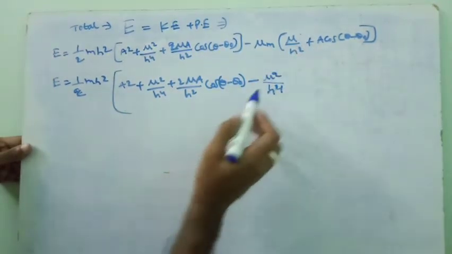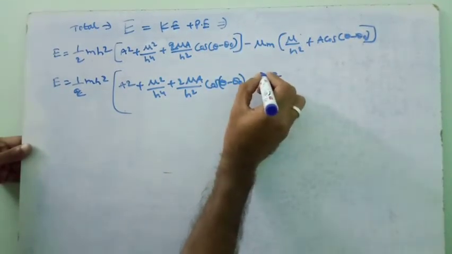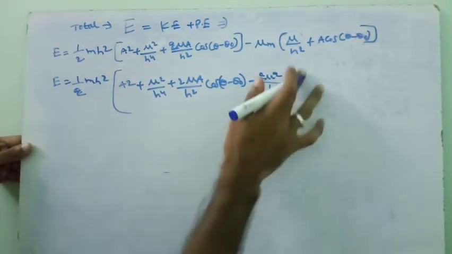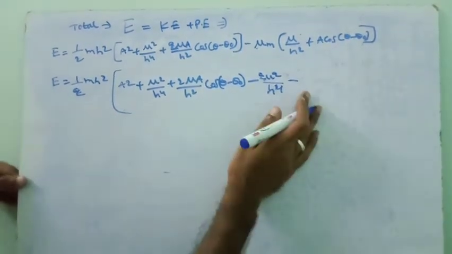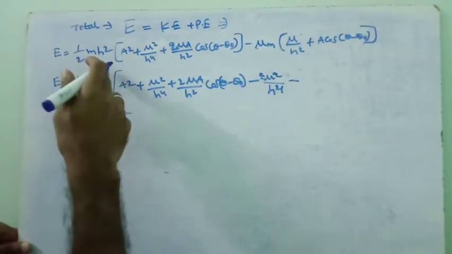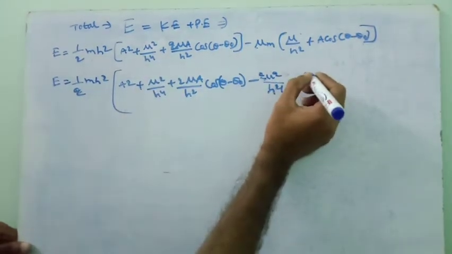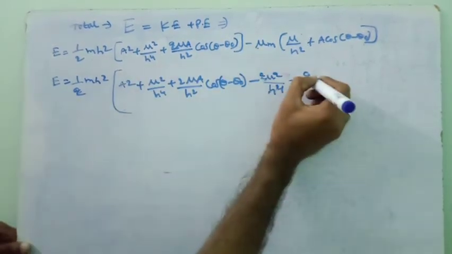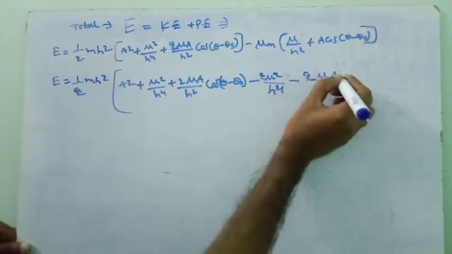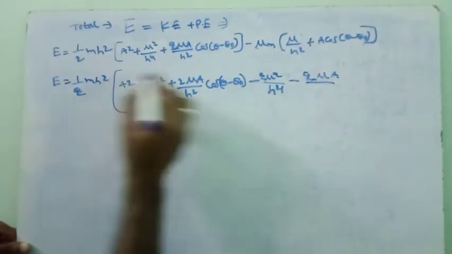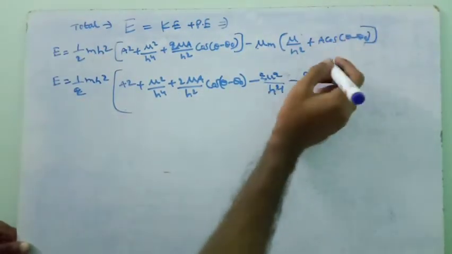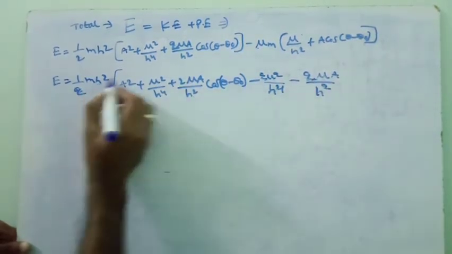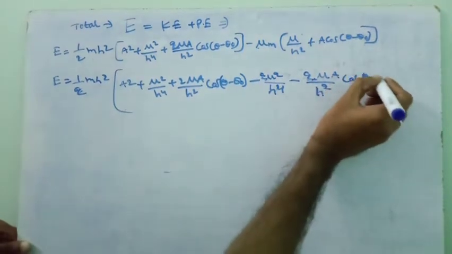So this term we do, and also we don't have 2 in this term, so we have multiplied and divided by 2, and the denominator 2 is taken here common. Similarly here also, minus, in this term there is no h square in the numerator and 2 in the denominator, so we add 2 into numerator and denominator. We take denominator 2 here, so numerator 2 remains here, mu a by, here h square is not available in this term, so we have multiplied and divided by h square. So h square in the numerator is taken common, the denominator remains here, a cos(theta minus theta naught).